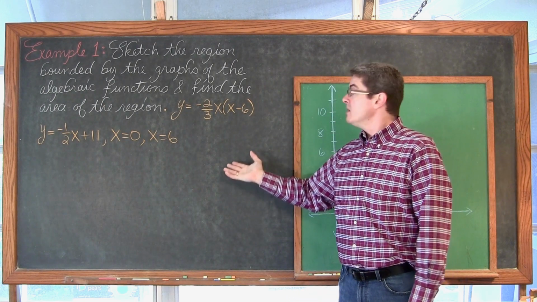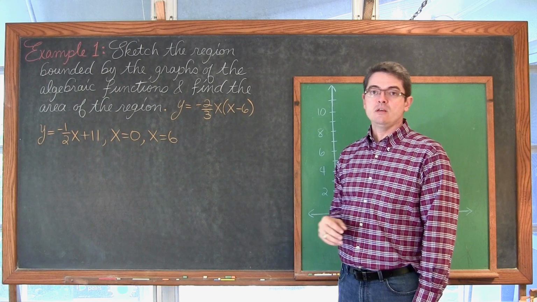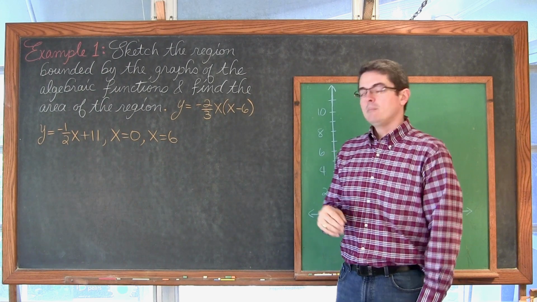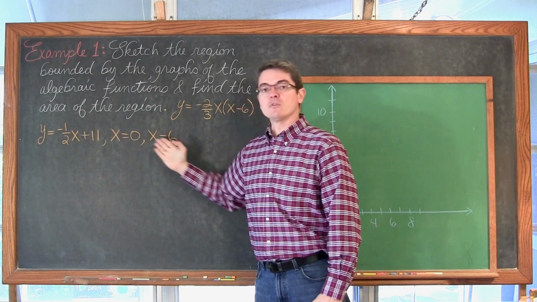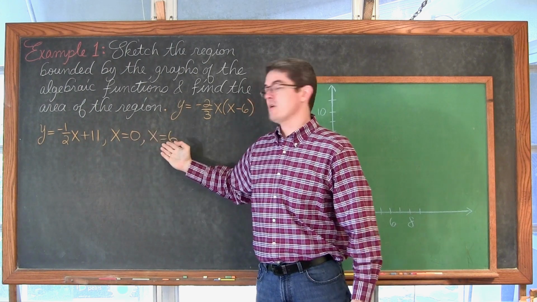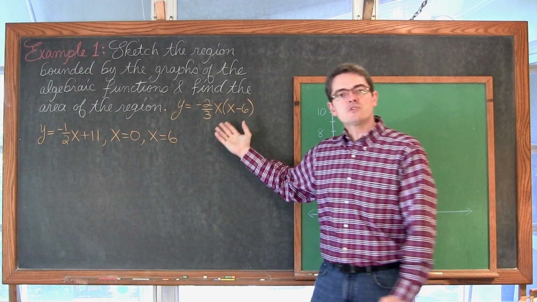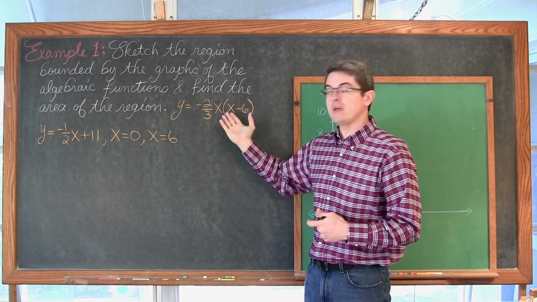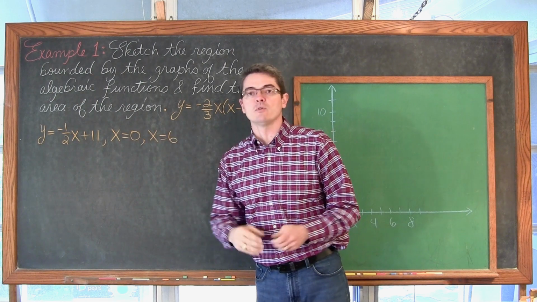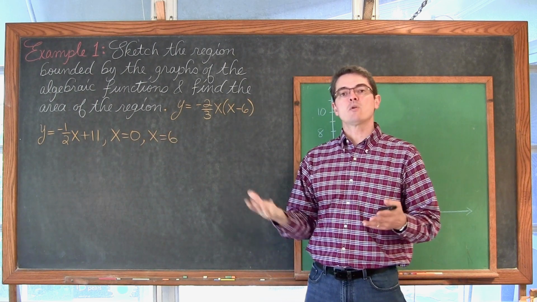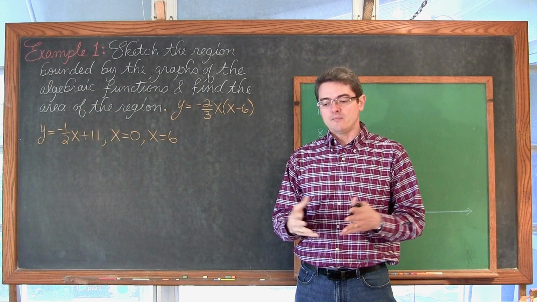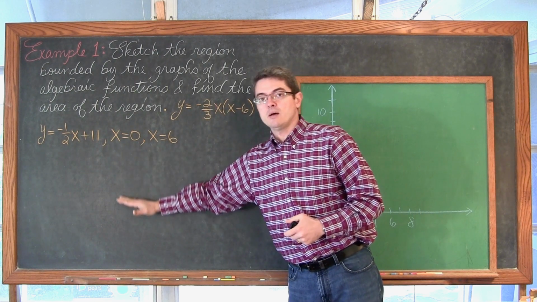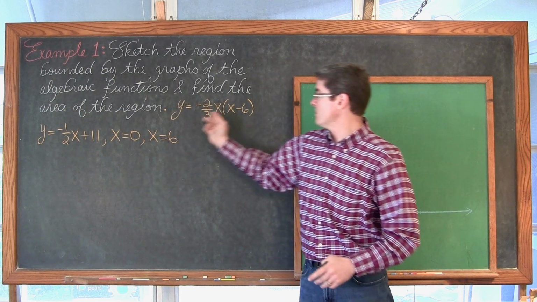Why do you need to sketch the graphs that these functions are forming? Because it looks like they gave us a couple of vertical lines, so it seems like these should just be our lower and upper limits, but what function is above the other one? What is the greater function? Do they intersect on that closed interval where we're going to find the area, thus requiring us to set up two integration expressions as opposed to just one? So let's get that out of the way. You can pause the video and do this on your own.